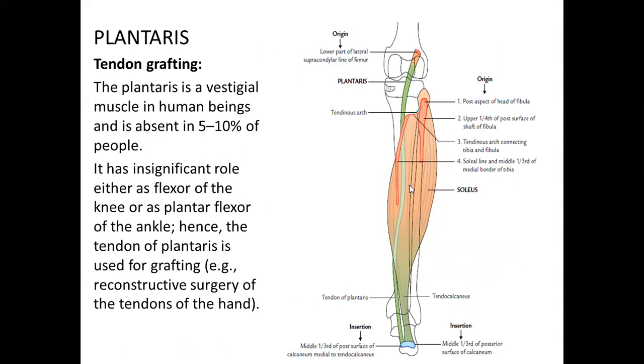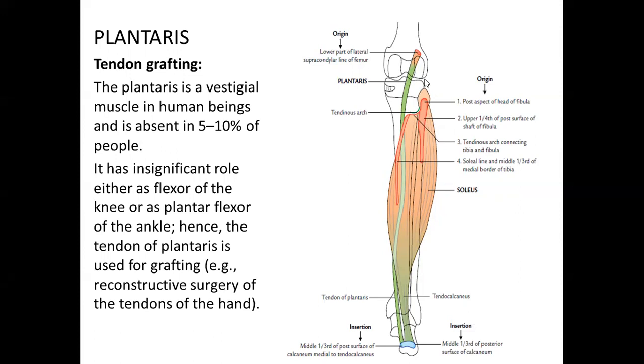Plantaris muscle, it is a small muscle जिसकी छोटी बेली होती है, लॉन्ग टेंडन होता है, नॉर्मली ये वेस्टिजियल है। 5 to 10% पेशेंट्स में ये देखा ही नहीं जाता है, इसीलिए अगर हमें टेंडन ग्राफ्टिंग कहीं करनी होगी, वहां हम लोग प्लांटारिस को यूज करते हैं फॉर टेंडन ग्राफ्टिंग। फॉर एग्जांपल देयर आर रिकंस्ट्रक्शन सर्जरी जो कि हम लोगों को यूज करनी है, हैंड्स के टेंडन कहीं खराब हो गया, उसके लिए हम लोग ये यूज कर सकते हैं क्योंकि ये वेस्टिजियल है, ठीक है। When we talk about the origin, it arises from the,